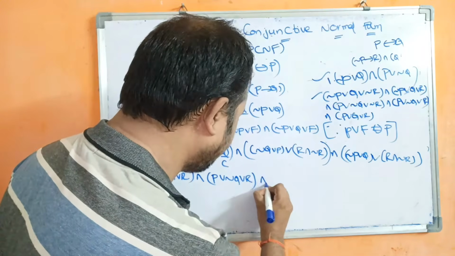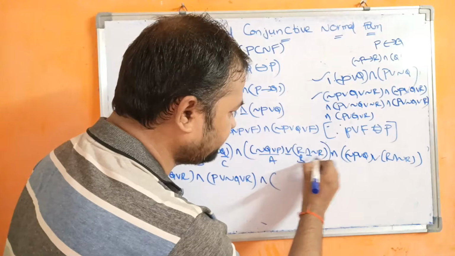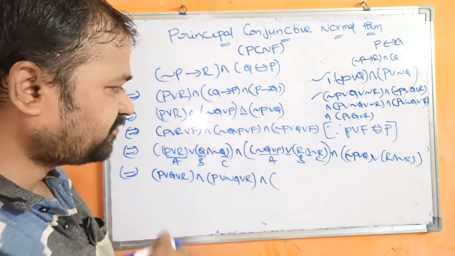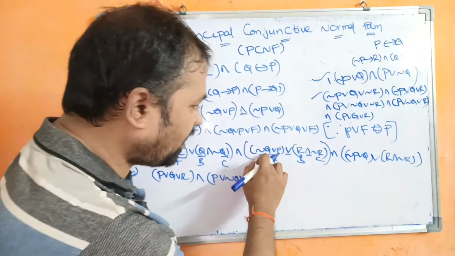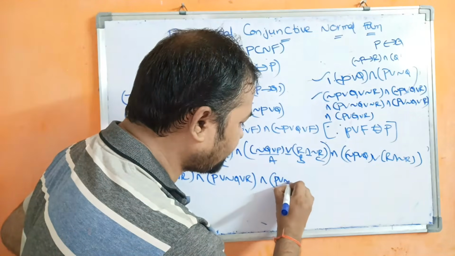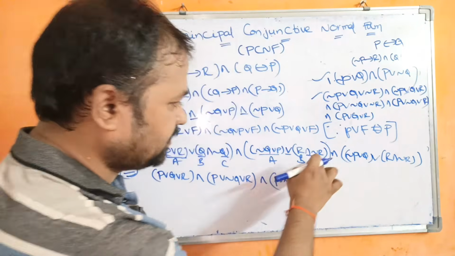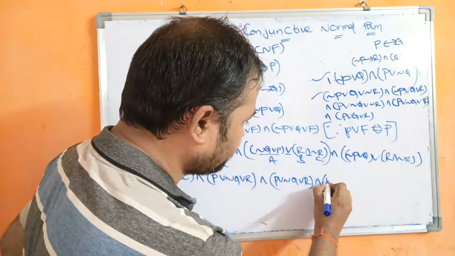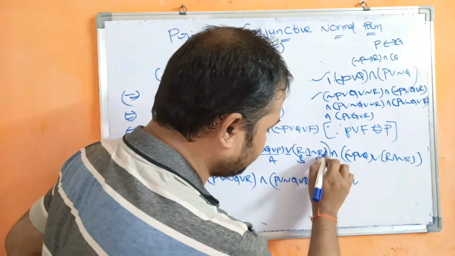Okay. And here this is nothing but A OR (B AND C). Let it be B, let it be C. So this is in the form of A OR (B AND C). So (A OR B) and (A OR C). Write in the order. So here we have P, negation Q, OR, so P OR negation Q OR R. And A OR C. C means negation R. So P OR negation Q OR negation R. Okay.